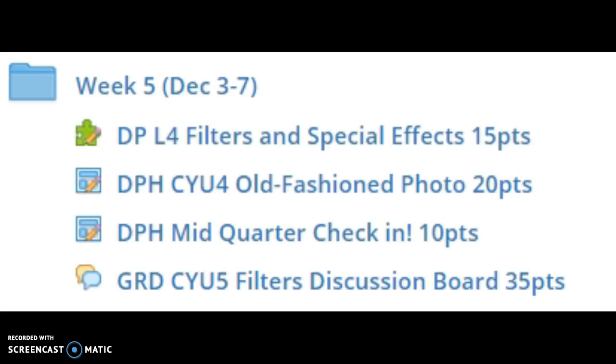This is from an original photo that you have taken, as well as at the end of the week, you will be posting to a discussion board using a photo that you have taken and that you have edited in Pixlr under the Filters tab. This is something for you guys just to kind of experiment and play around with the wonderful world of edits